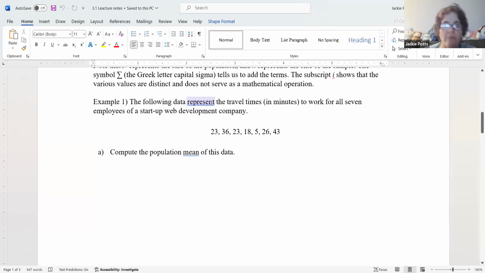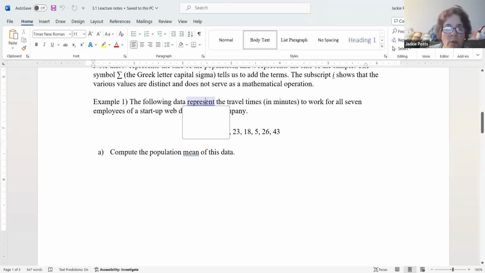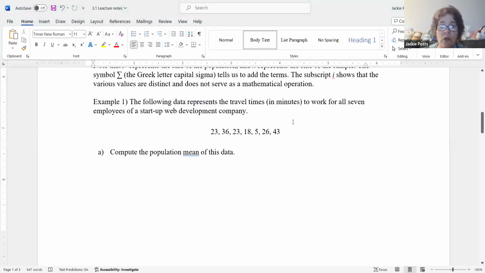Well, I've got a typo here, so we will fix it. It represents the travel time in minutes of workers for 7 employees at a startup company: 23 minutes, 36 minutes, 23, 18, 5, 26, 43. Well, like the formula states, we add up all the pieces of data. So 23 plus 36 plus 23 plus 18 plus 5 plus 26 plus 43 equals, these numbers all added together,